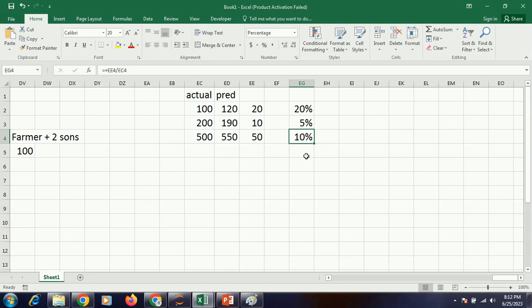Exactly, lower. Had it been the case that all my predicted values are exactly the same as the actual, that's the ideal, then everything would have been 0%. That's the ideal scenario, but it never happens.